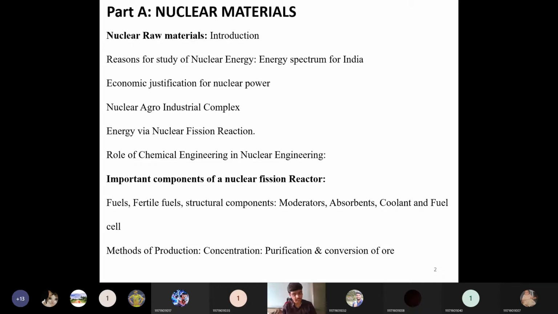So that will be concentrated first, then purified, and then converted into some useful form, like a fission form. So we'll be discussing in detail about these topics. These topics are there in your part A, which is nuclear materials. Then the next one will be part B, which is about the explosives and then propellants. We'll see that later. First, let's just cover this part A, which is nuclear